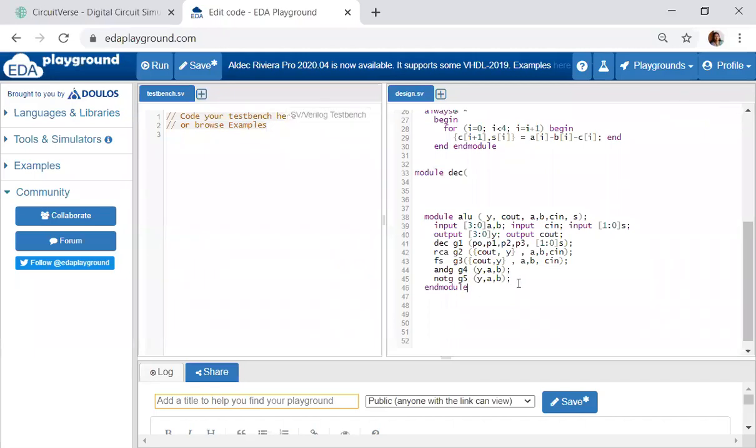So now, before that, I'll just try to write that output. Now what happens, we have to select the output.